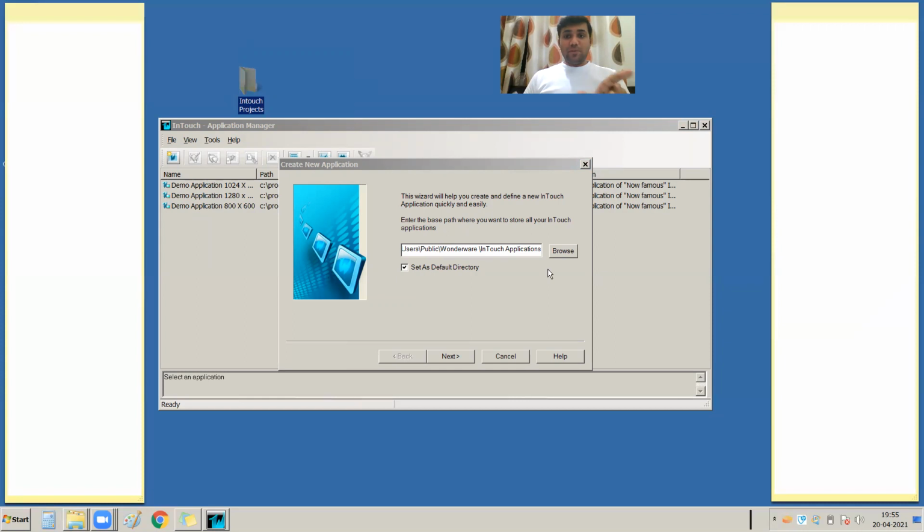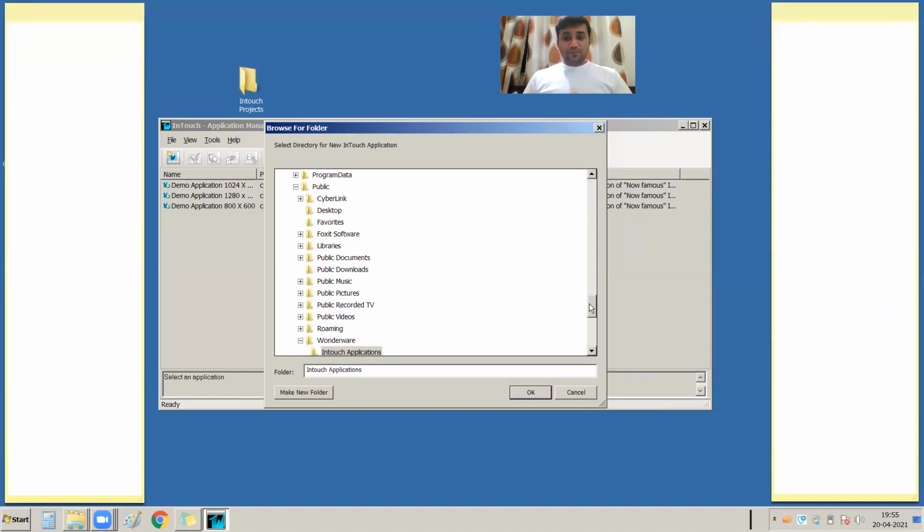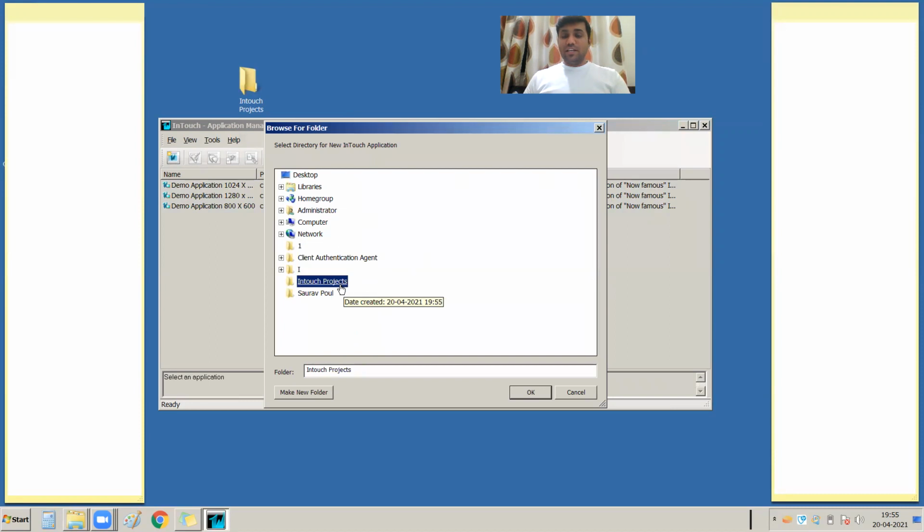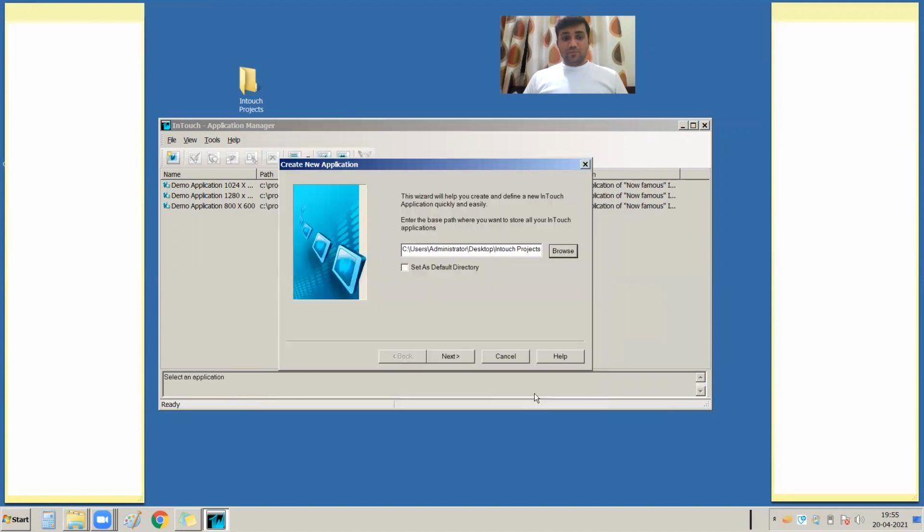That will be my InTouch project folder. I am browsing to it. This is the InTouch Projects folder that I created on the desktop. I am selecting it, and I am ticking the Set as default directory option.